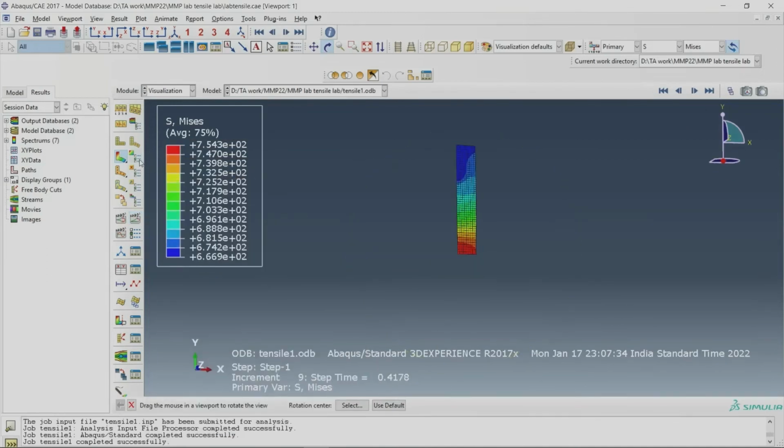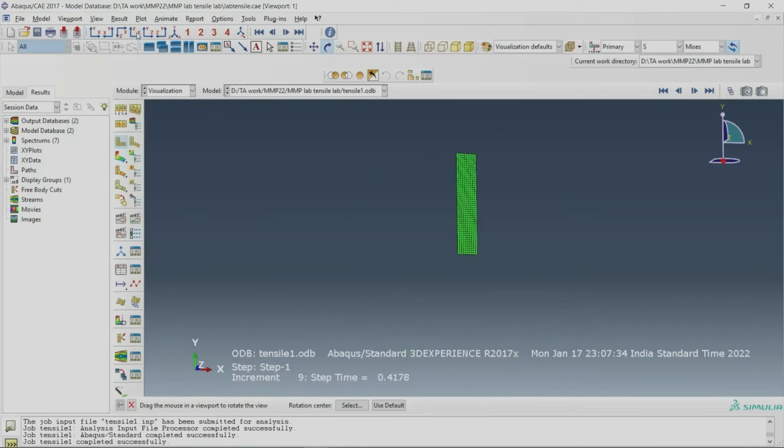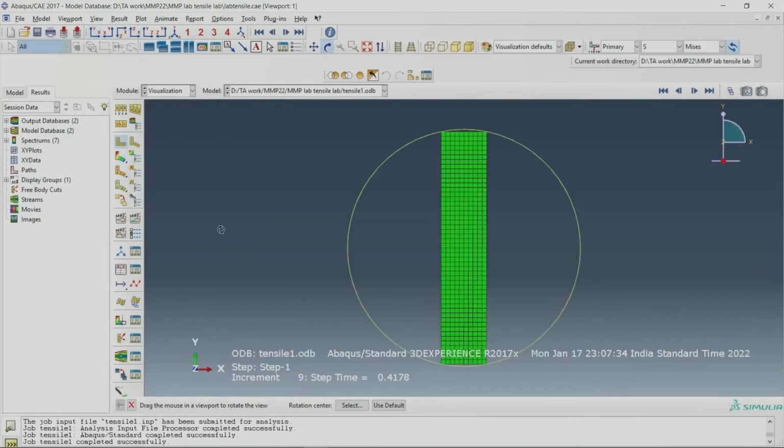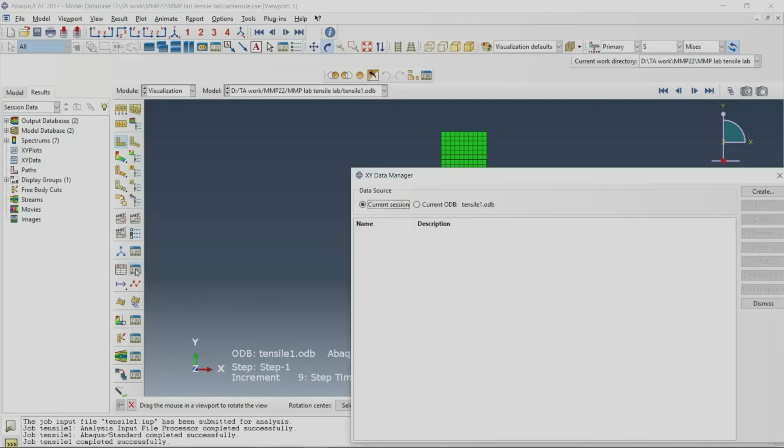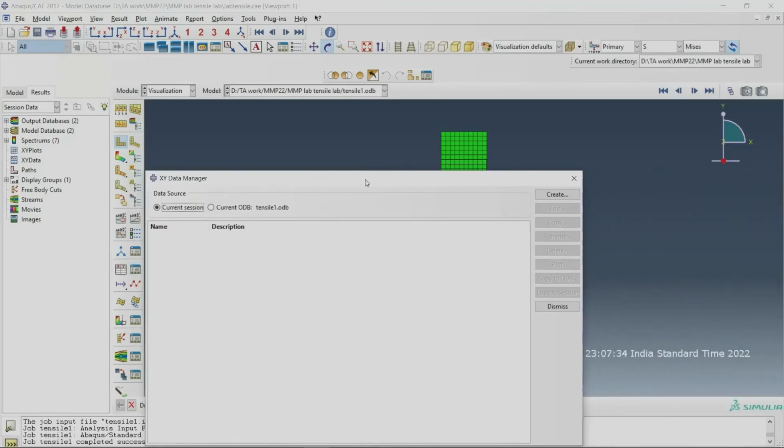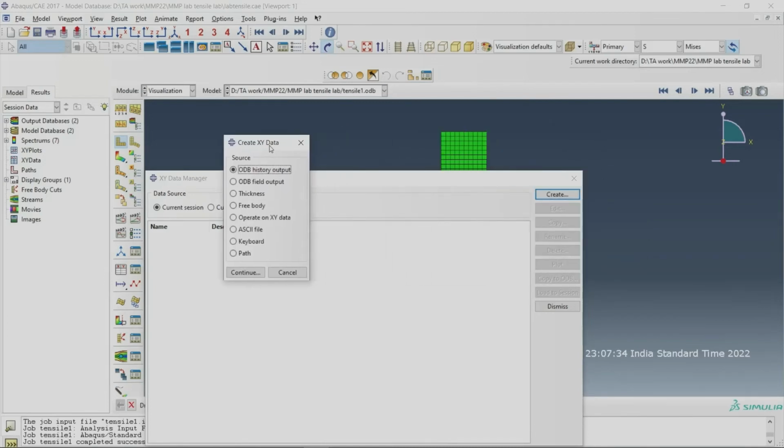Now there is post-processing, or how to get that data. Here the displacement is given on this section. Now the important point is the XY data manager. What we are going to do is extract data from this simulation. Create from ODB.